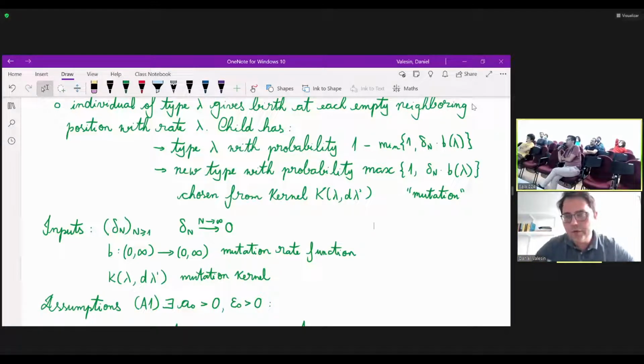Perfect. So the way to think of it is that you have a contact process, especially when this delta is very small, but every time you give birth, you have a tiny probability that this child will be a mutant, with a different infection rate. And now in your torus, there are a few individuals with rate lambda and a few with rate, say, lambda prime, and they are competing. They cannot invade one another. They can only go to empty spaces.